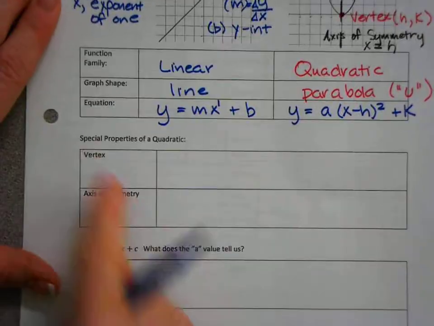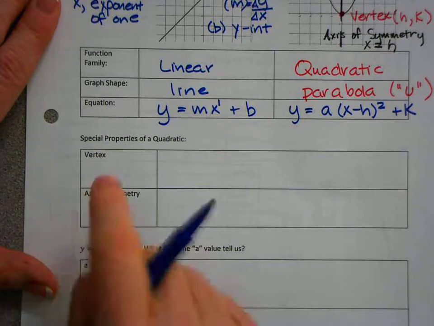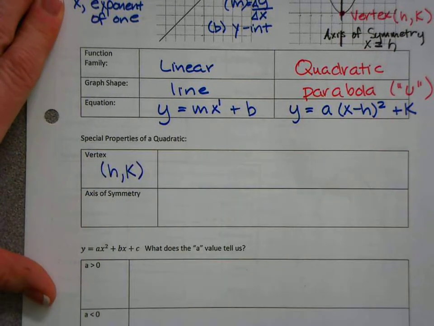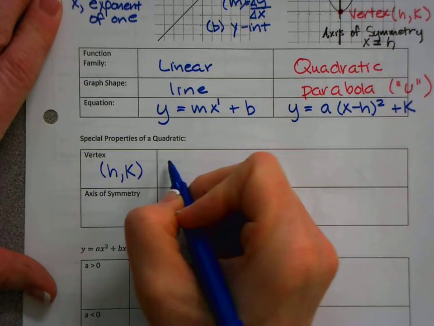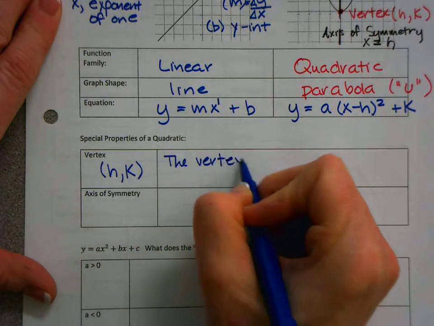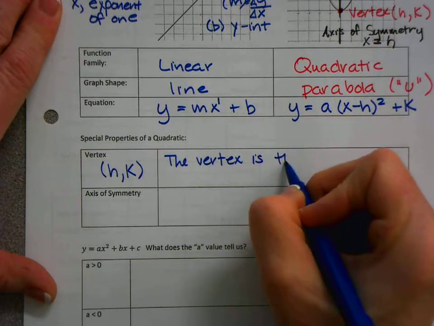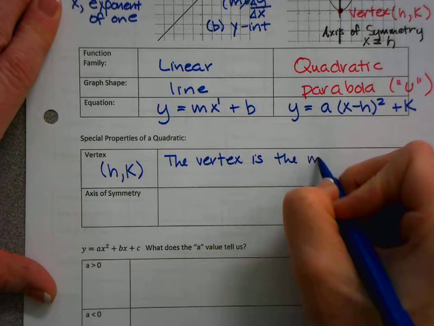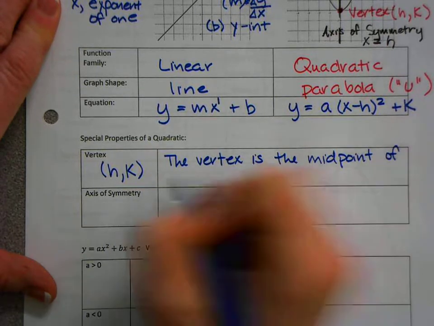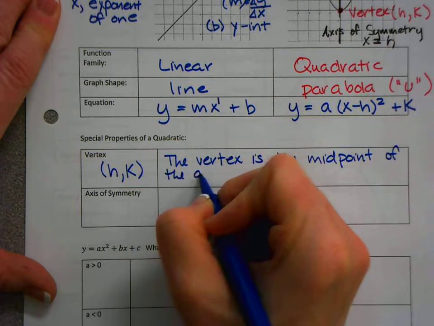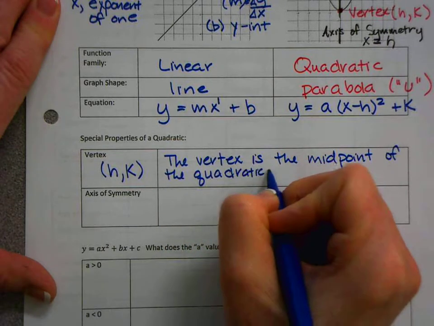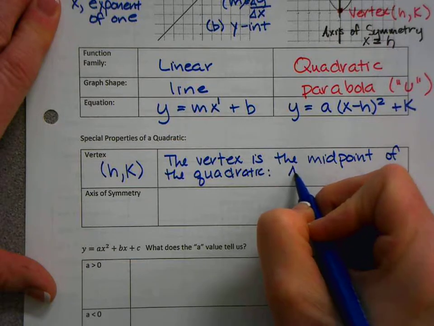Special properties of a quadratic. It has a vertex at (h, k). The vertex is the midpoint of the quadratic. It is either a max or a min. I'll show you what I mean by that. It's either a maximum